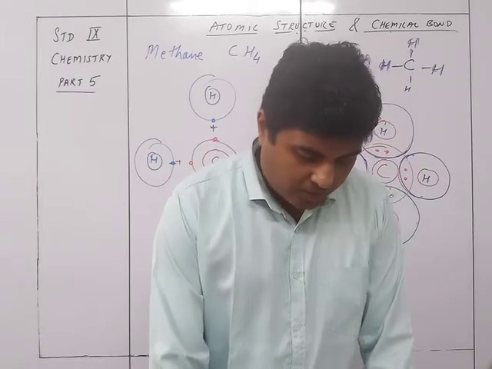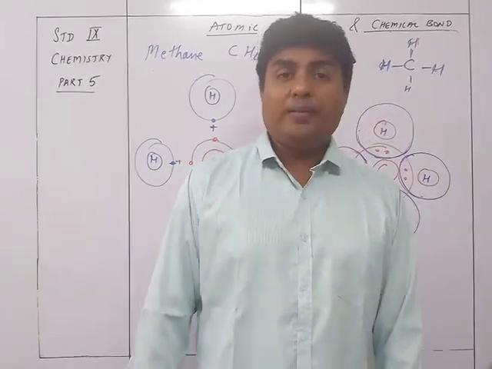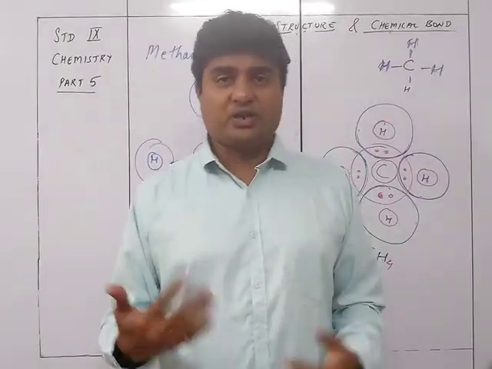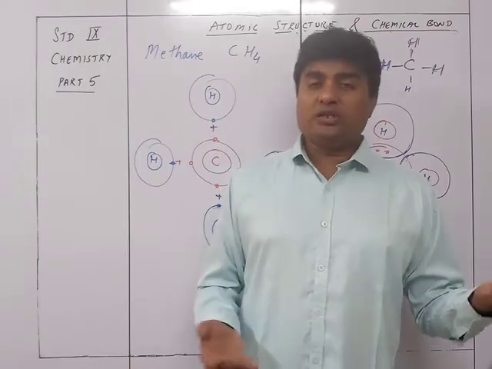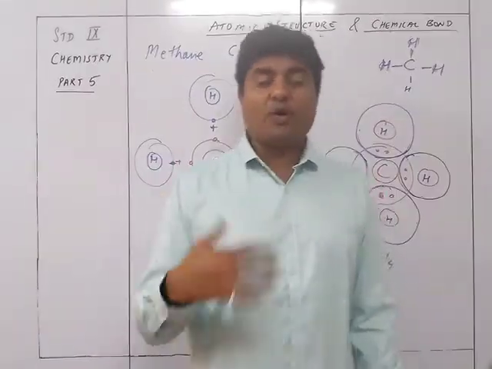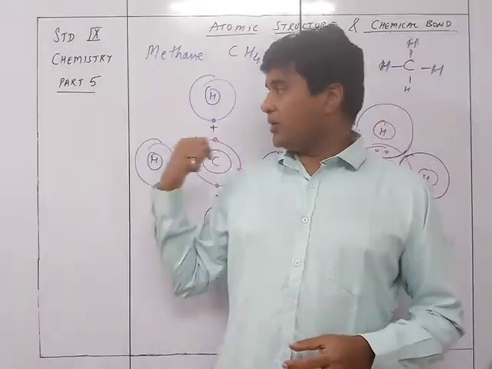So this is all about the chapter. So we have got the structures over here. Very important, these structures are asked in the examination. So draw the orbital structural diagram of methane, draw the structural diagram of carbon tetrachloride, or draw the structural diagram of water, of ammonia. So you need to draw it properly with the diagrams and all.